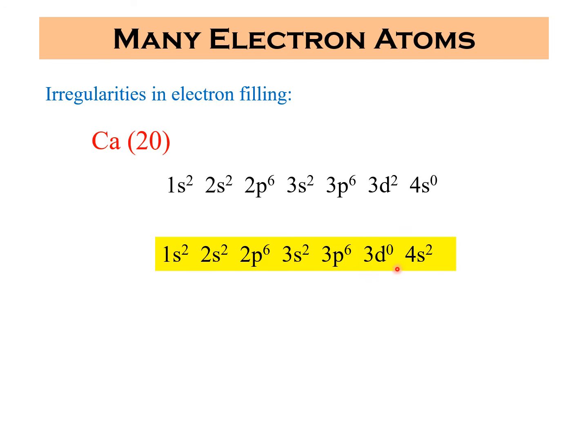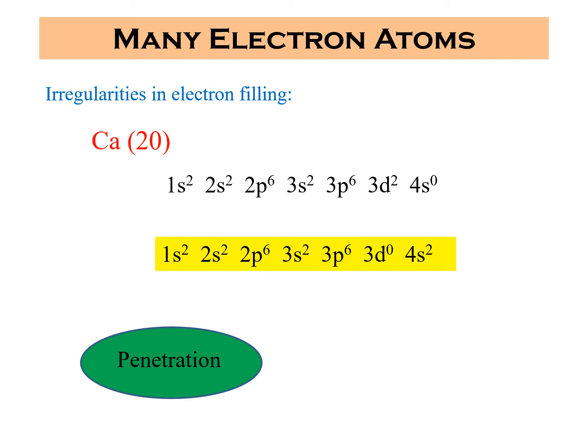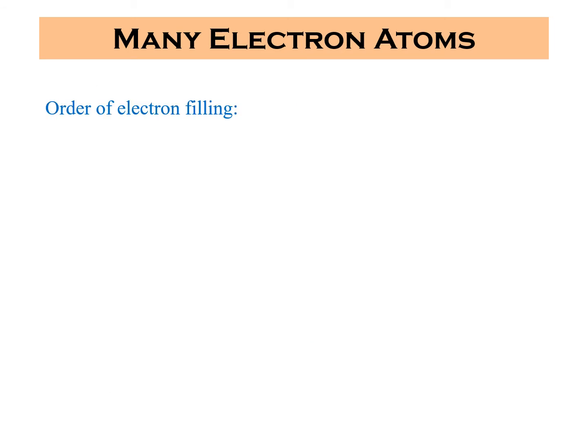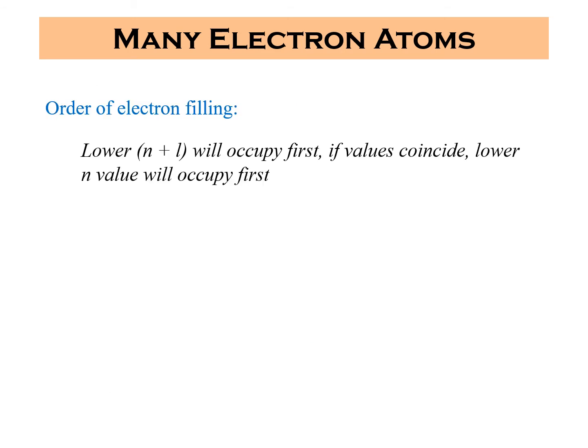So keeping the 3d vacant, it goes to the next quantum number, and this happens because of the different levels of penetration and shielding effect of different orbitals. So including the energies as well as the penetration and shielding power of the electrons, we came up with a simple law or regulation that electrons in a multi-electron system will follow from the lower value of n plus l